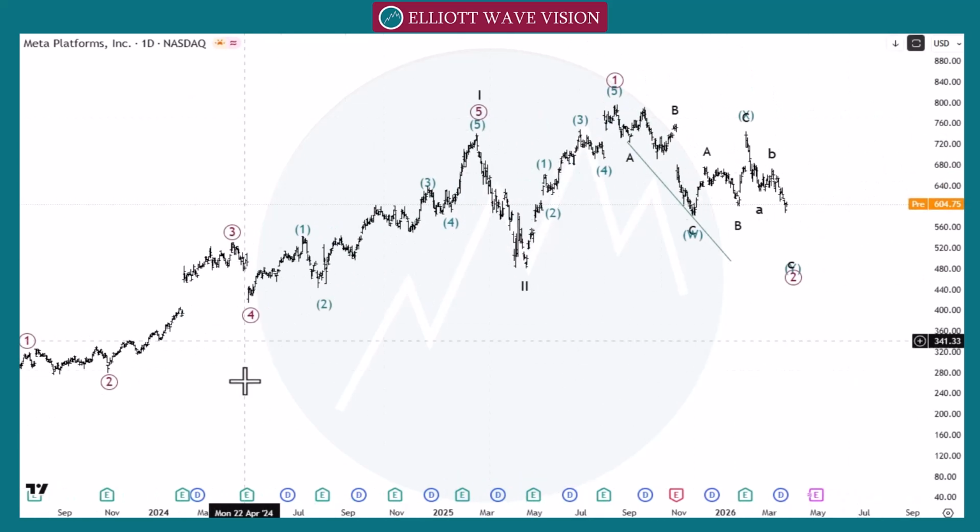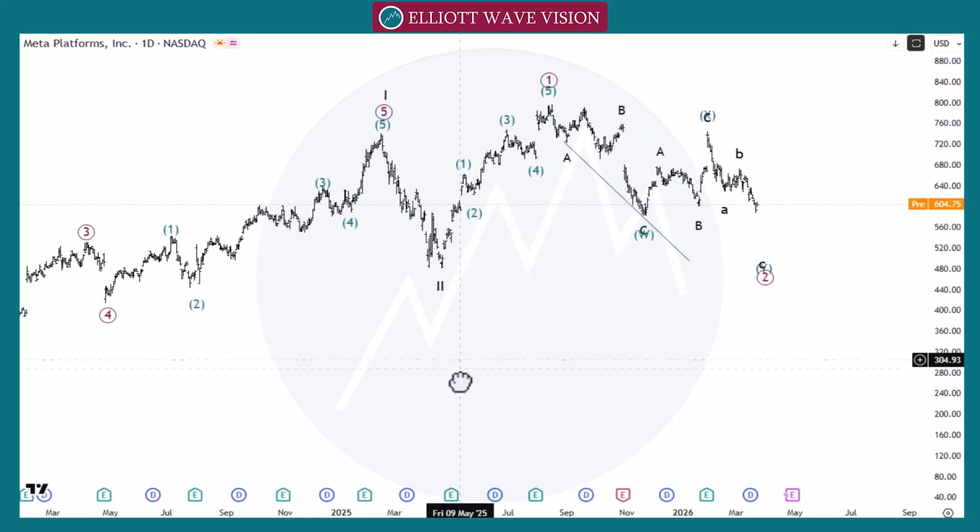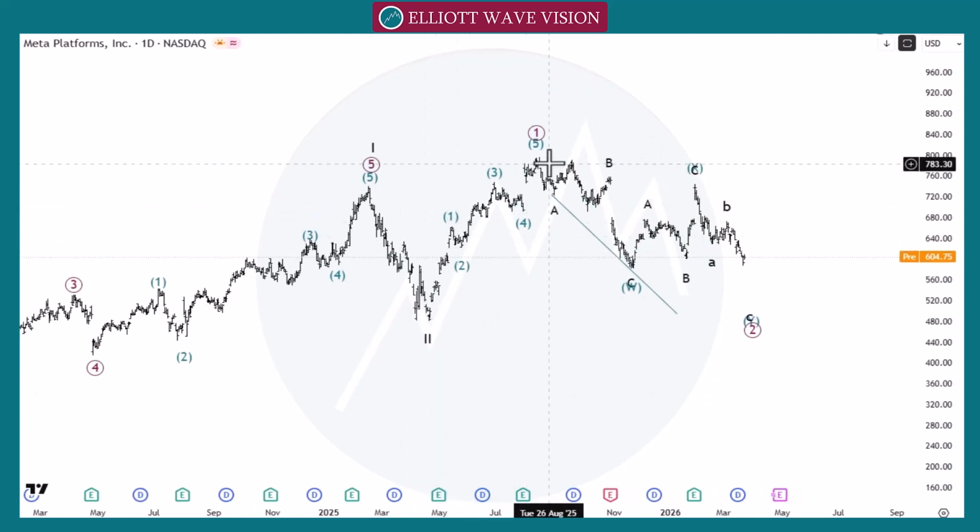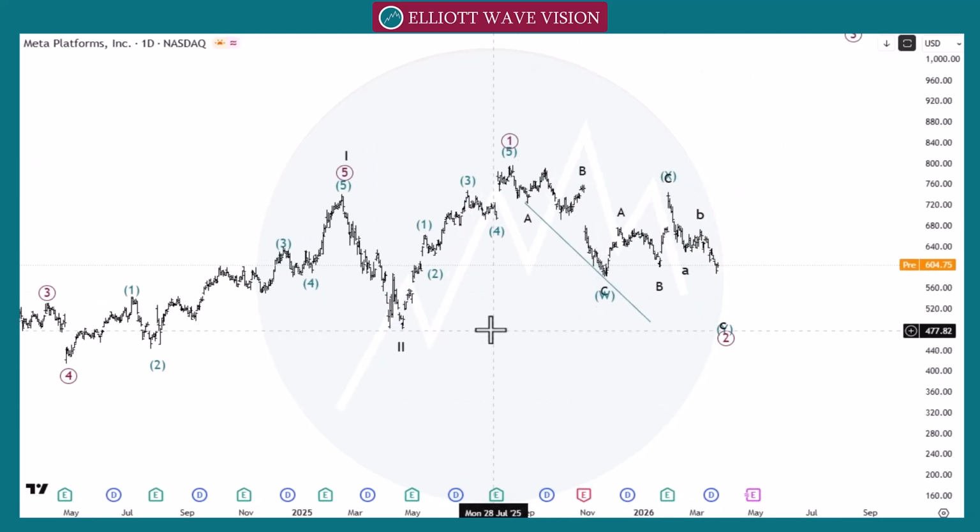So in this pair, after this black wave 1, we count this structure as a black wave 2, brown wave 1 and brown wave 2, or we can count this move as a wave A, wave B and wave C or W, X and Y. We can count differently, but in both cases now we are looking for the bearish move